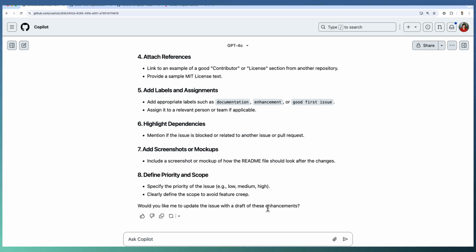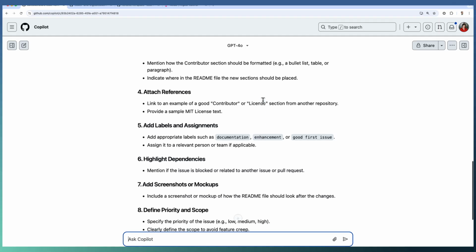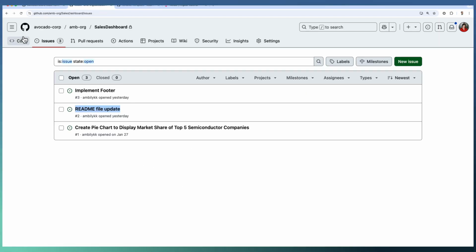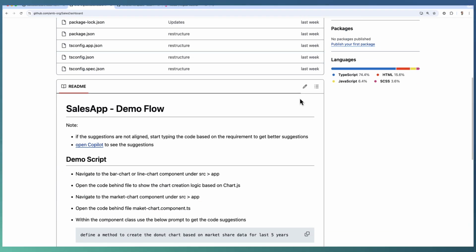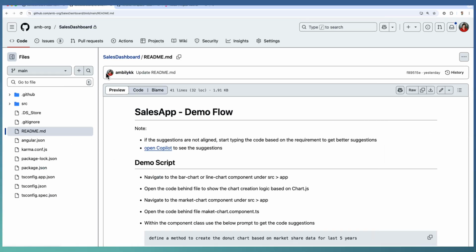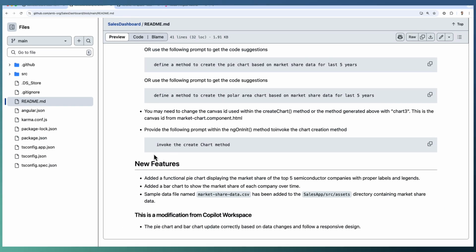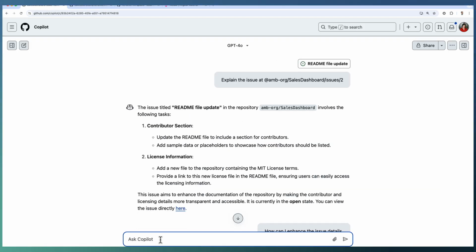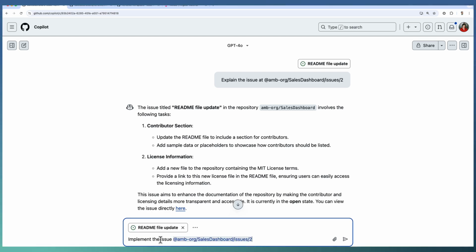Now if you feel that you want to implement this as part of the README file, this is the issue and you have a README file available here. This is your README file. So let me take the URL of the README file as well. This doesn't have a contributor or license section right now. So let me go ahead and ask Copilot, implement the issue and update the README at